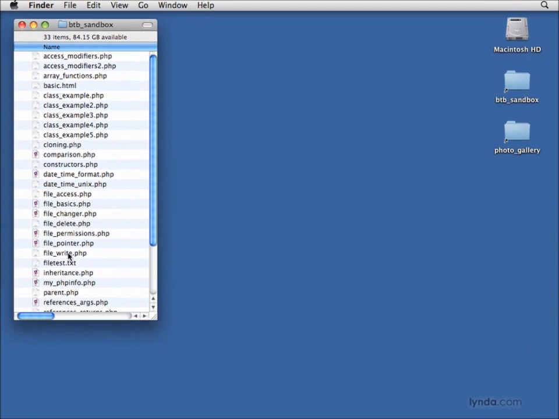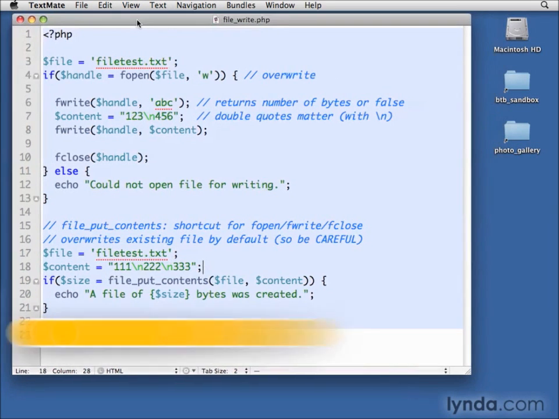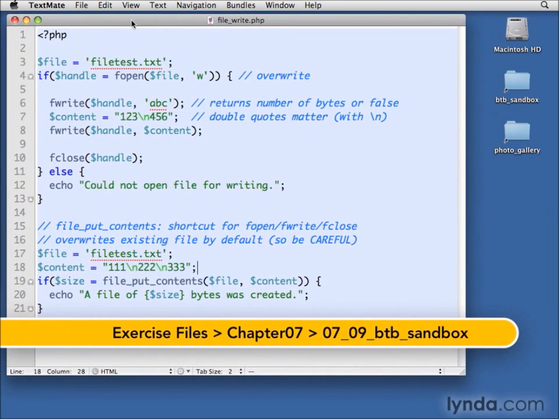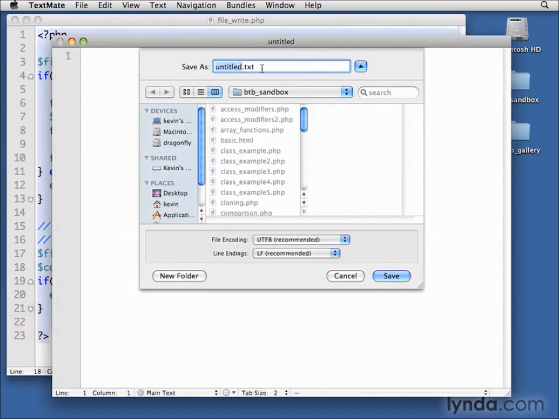Now that we've seen how to write files and how to move the file pointer around, we're ready to learn how to read back information from files. So to start us out, I want to open up filewrite.php just so we have that as a reference for the steps that we used to write a file, because it's going to be very similar. And then I'm going to also open a new PHP document, and I'll save that in my sandbox, and I'll just call it